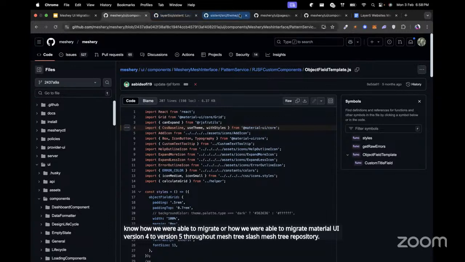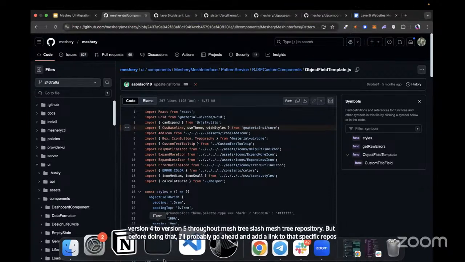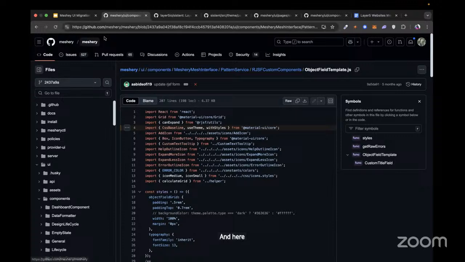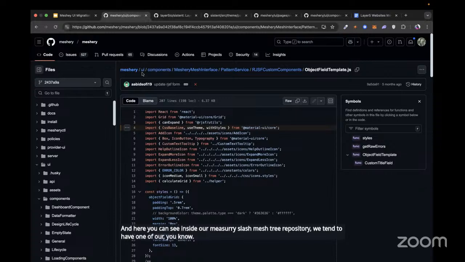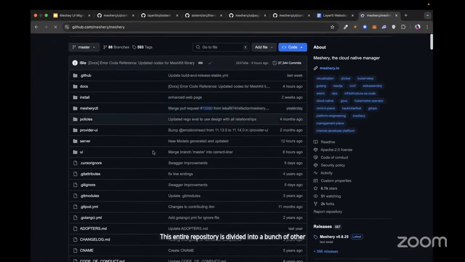Before that, I'll add a link to that specific repository so that you can take a look. Inside our Meshery repository, the entire repository is divided into a bunch of areas.